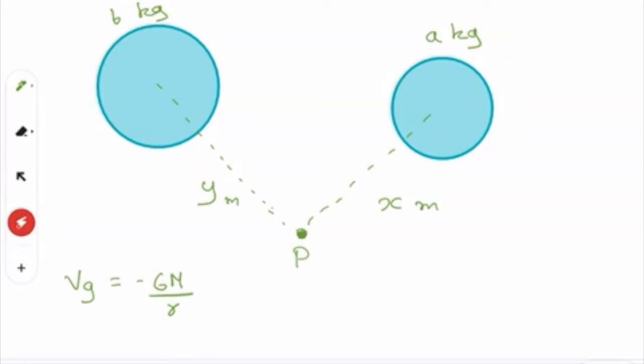If the question is to calculate the total gravitational potential at point P, all you would have to do is figure out how much gravitational potential is being created by each mass. So using this formula, let's say I want to figure out how much gravitational potential is being created by this mass. I would just do